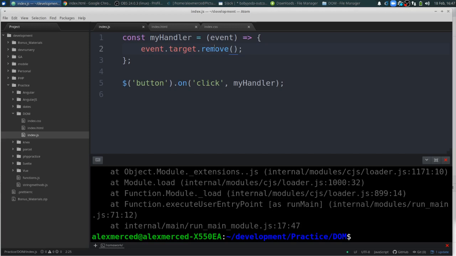So let me refresh. Oh, I got some syntax errors. So that's over here. I got an extra, oh yeah, I don't need a semicolon there. Save. Okay. Refresh. If I click this, okay, it still just basically console logs the button, but jQuery knows when I chain off of it to get the right element. So that's neat. Or I could do something like this: I could change the CSS of the element. So we'll say dot CSS